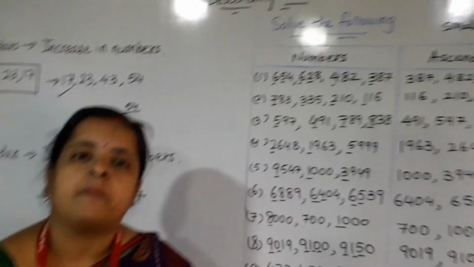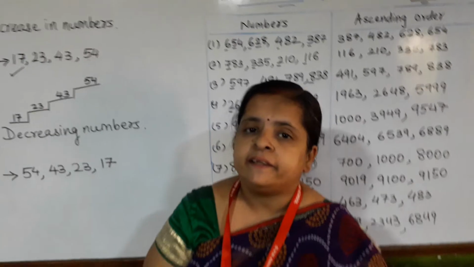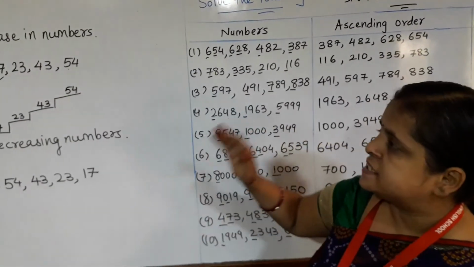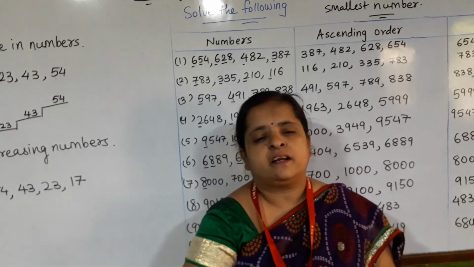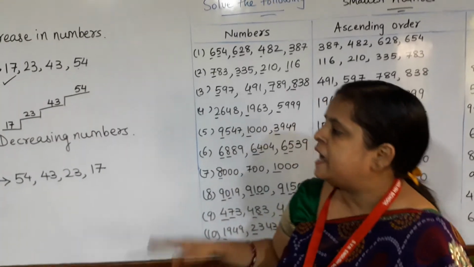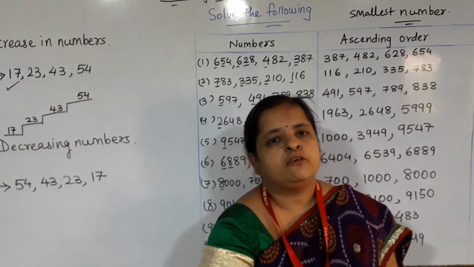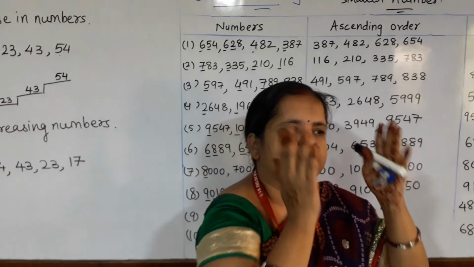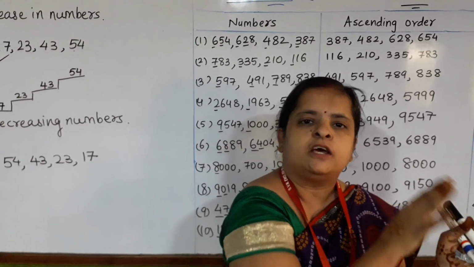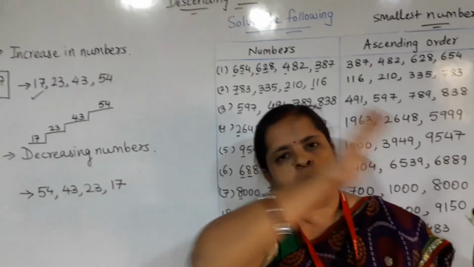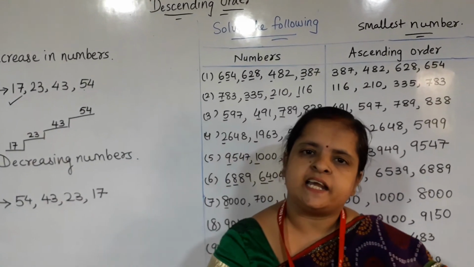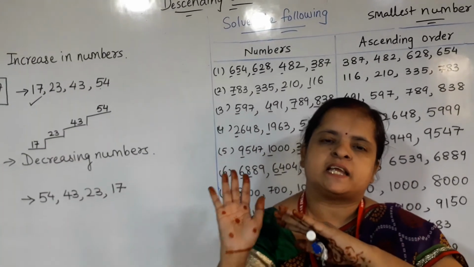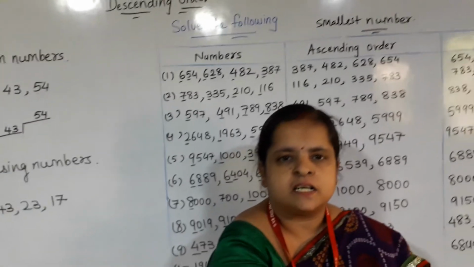So children, I think all of you understood what we mean by ascending order and the descending orders. In ascending orders, you have to write the numbers in increasing order, and in descending order, you have to write the numbers in decreasing orders. Means अगर आपके पास descending order है already, तो उसको ascending में करने के लिए उसका opposite कर दो. वैसे ही ascending अगर orders है तो आपके पास उसको descending करने के लिए इसका opposite आप कर सकते हो.